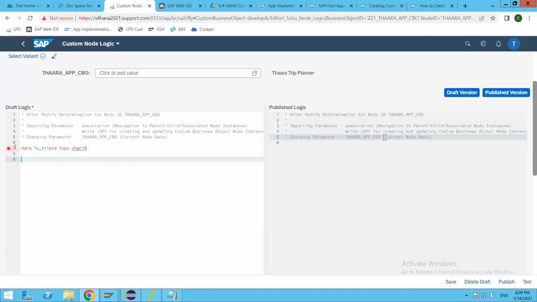And if you see, char 10 is not allowed. So in this case, we will be specific about the data types. Let me write like so. Control space should also work here. So if you see, control space is working here,